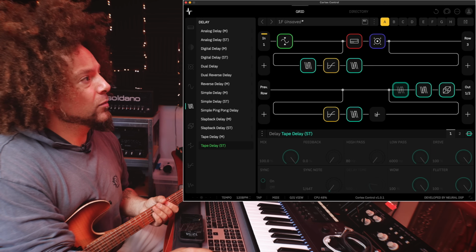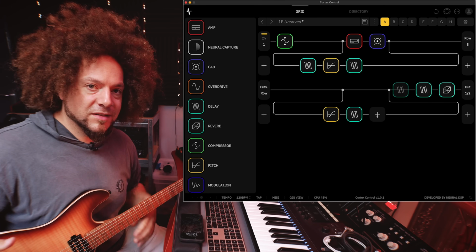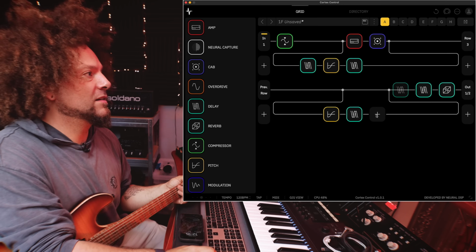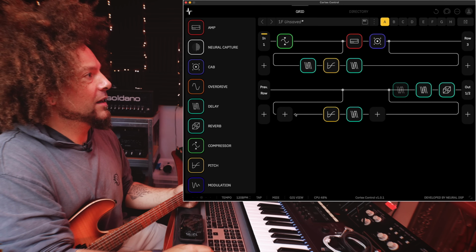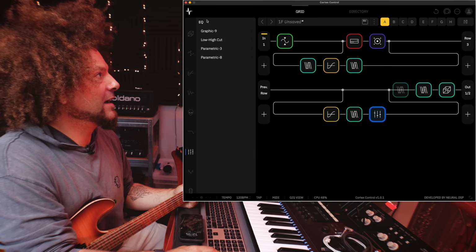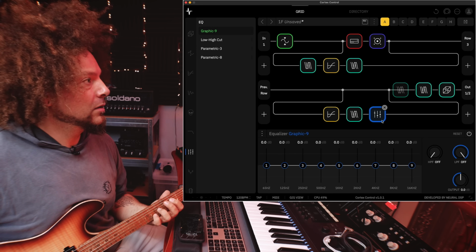The next thing that might be worth doing as well is if you're getting quite a build-up of a certain frequency, because we're sort of sectioning off the high end and it's accentuating the mids, I noticed it happening on this lower lane. So I'm going to add an EQ block after the fact. And what it allows me to do is carve out the stuff I don't want. So